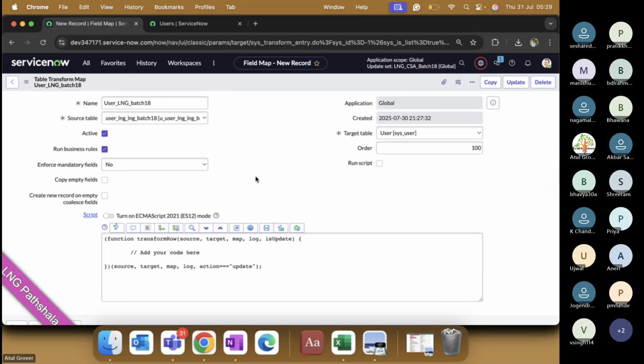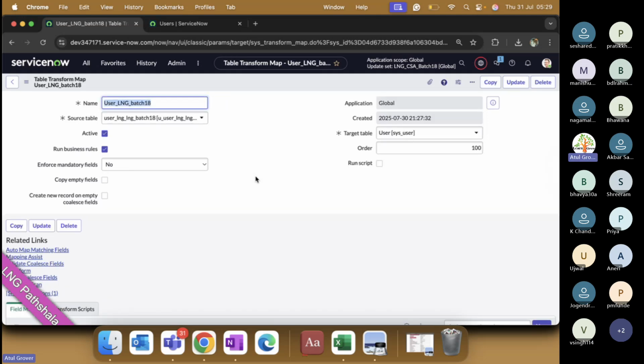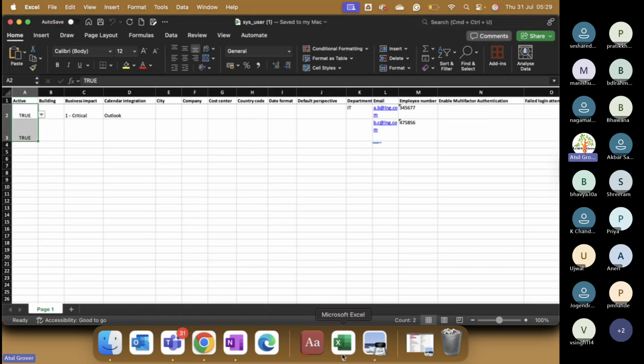नाउ प्रिया इज नॉट हैप्पी। अतुल, इट मींस ये 47 फील्ड्स मैन्युअली मैप करने पड़ेंगे। हाँ, करने तो पड़ेंगे, बट ये तो सर, बट अतुल ये तो सिर्फ इसका एग्जांपल यूजर का, कल मैं अगर सीएमडीबी का डेटा लेके आऊंगा उसमें तो 100 फील्ड्स होते हैं, 100 बार क्लिक करना पड़ेगा।